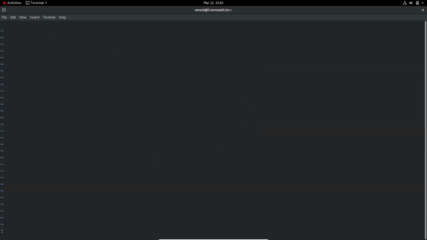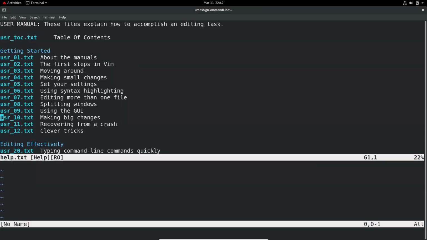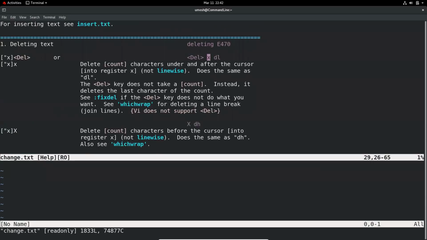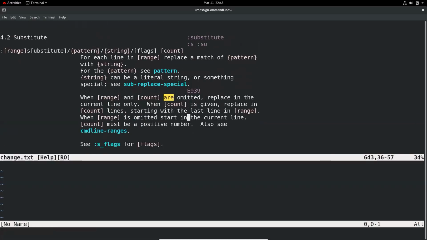And you can launch the help menu from here: escape, go to the command mode, and help. Yeah, we have all the help manual. So this also makes VI or Vim a very powerful editor because it has so many commands and you can use the help menu to find those commands. You can also do help for a specific command. Let's say you know the command x, you need help x. And you can also find help for, let's say, substitute, and it will display the help menu for that particular command. So very powerful tool.